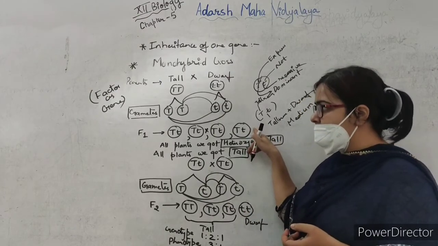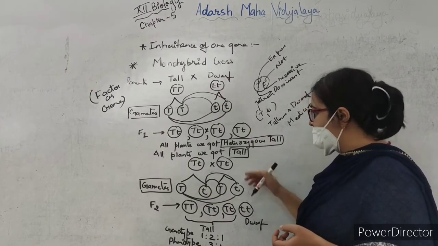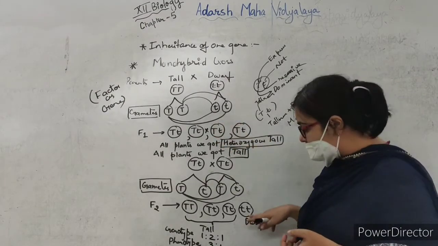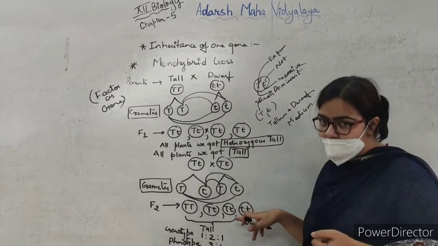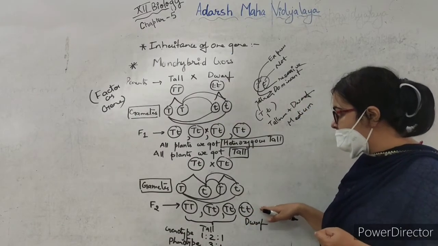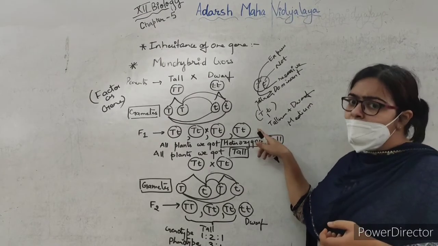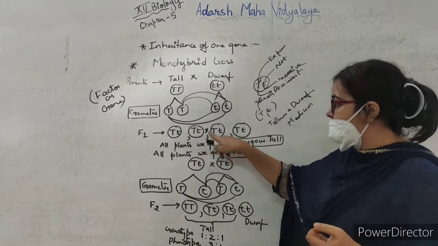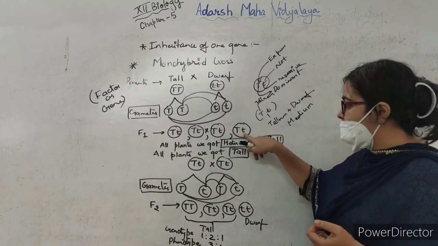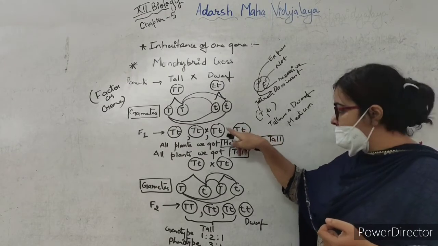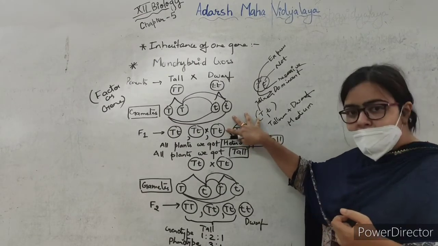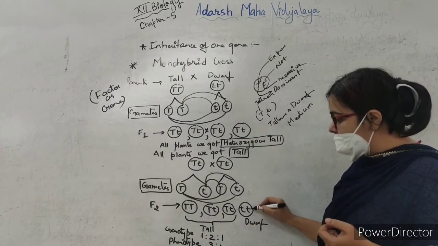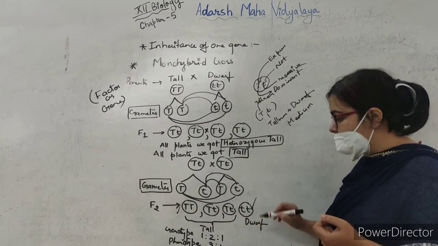So it was definitely the trait for the dwarfness was present in the F1 generation, but here it was not able to express itself, but here in the second generation it was able to express itself. So it means that it was present in the F1 generation but was not expressed in the F1 generation. So here you can see that when capital T and small t were together for a particular generation, there was no mixing or blending of these two characters, and again we were able to get the parental type, that is the homozygous tall and homozygous dwarf.